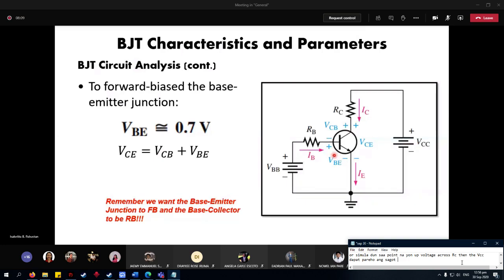Now, you take a look at the polarity na very important. This one is NPN. This one is forward bias. The base emitter is forward bias, positive. So, this is positive. Syempre, this one will be negative. Ayan, negative. The VCE,